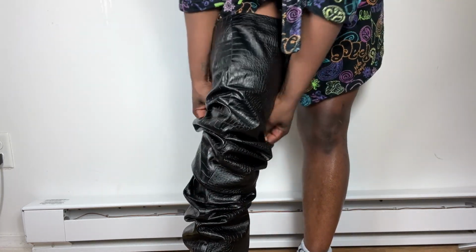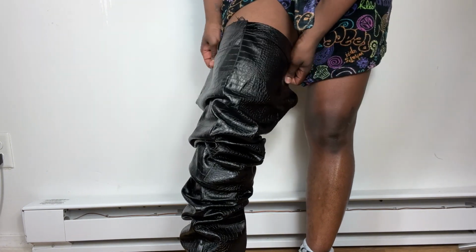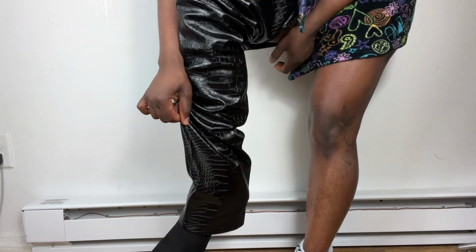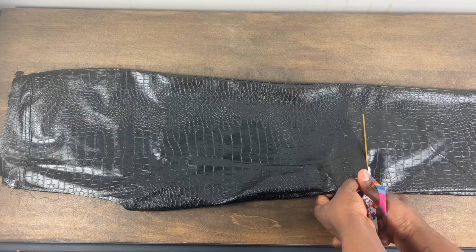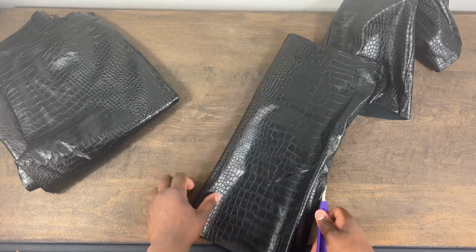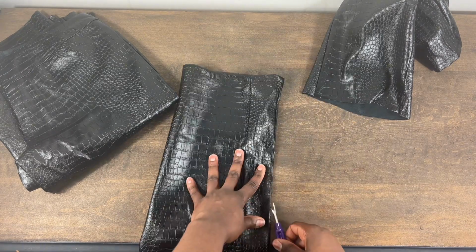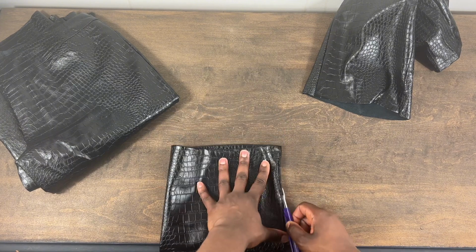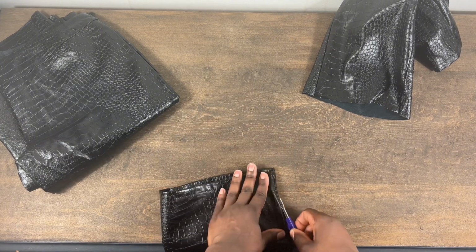I was gifted these two pairs of pleather pants by a friend who worked in retail, and they were getting rid of damaged inventory, so she gave me these to repurpose, and they worked out perfect for this project. One pair of the pants will be used as the extension of the boots, which you saw in the previous clip, and then the second one, which is this one on the screen, will be used to make the panels